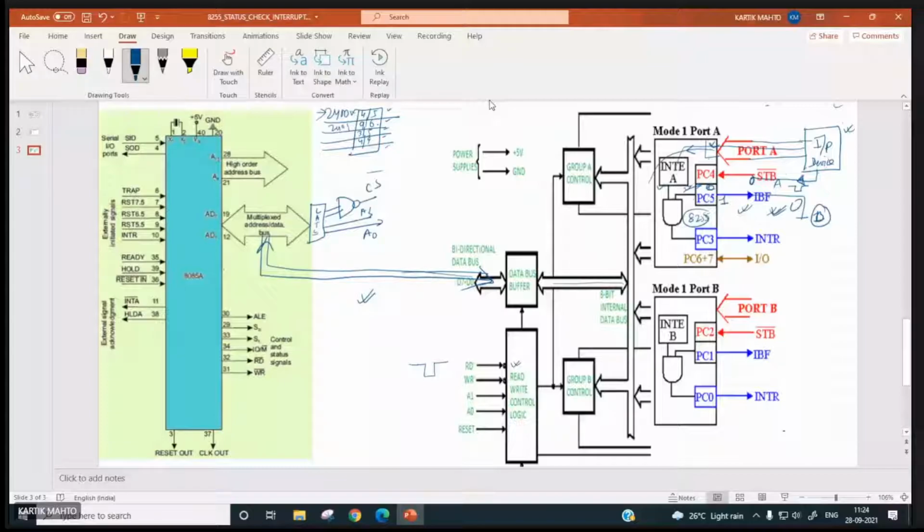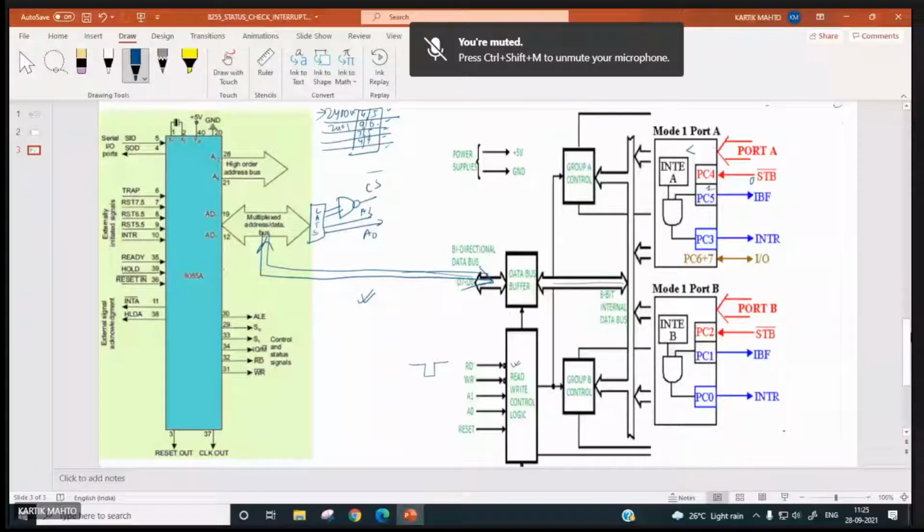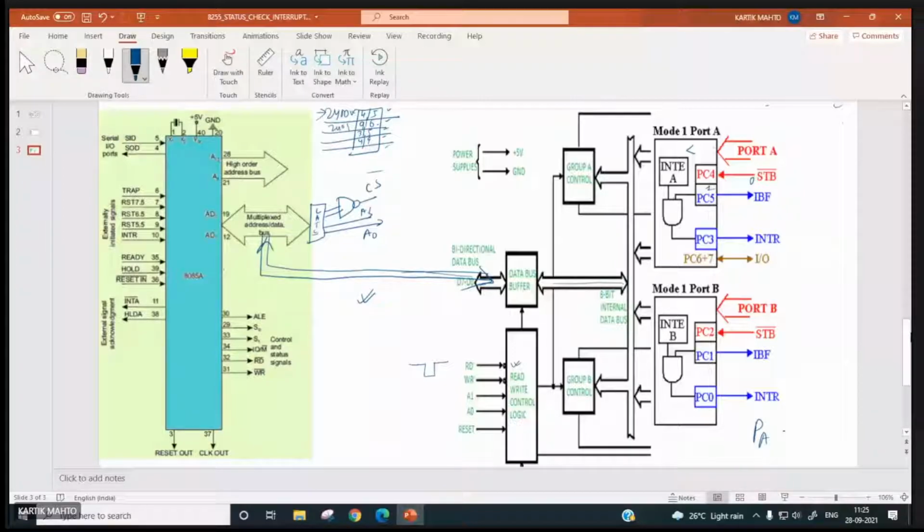Now for this purpose, our port A has to be input.